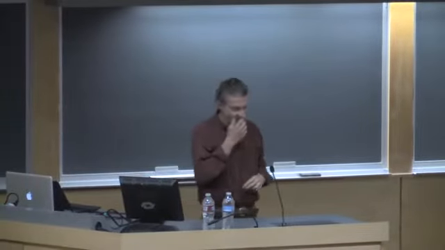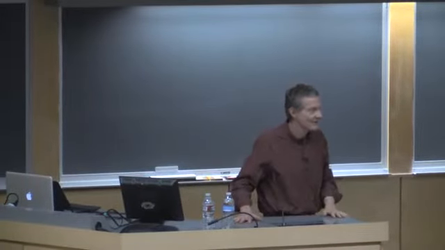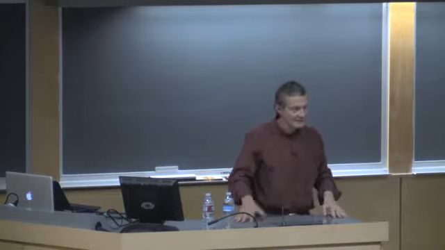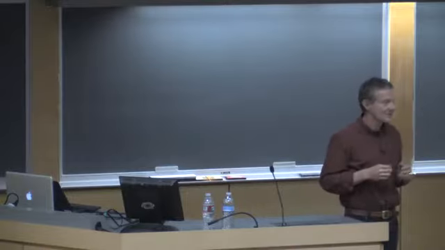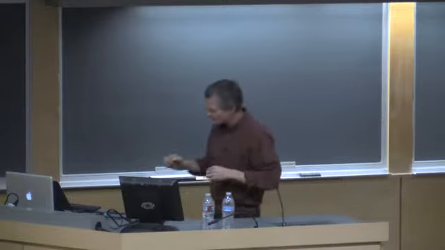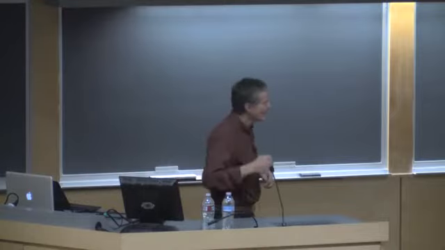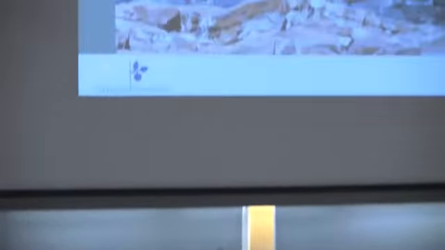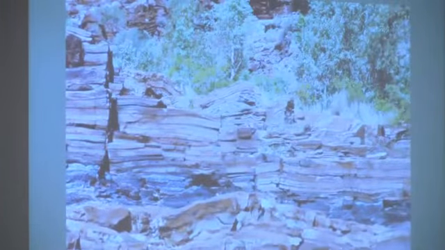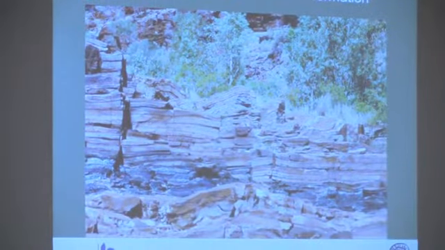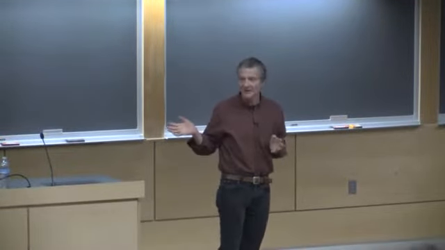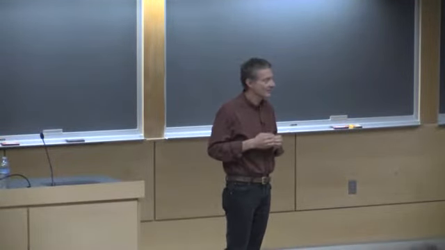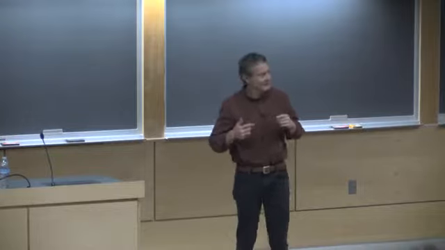And these rocks that we're going to look at are from Western Australia in the Hammersley Range there. It's a really beautiful place where rivers have cut some amazing gorges into the landscape. And if you climb down into these gorges, you might find this type of rock here. These are called banded iron formations. The reason that they are is because, well, they're banded, right? And they're full of iron. And there's nothing like that depositing anywhere in the world today.